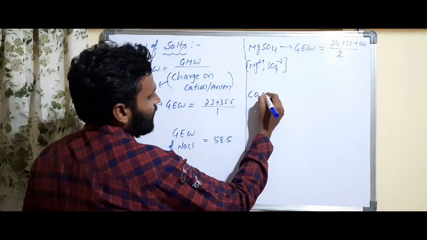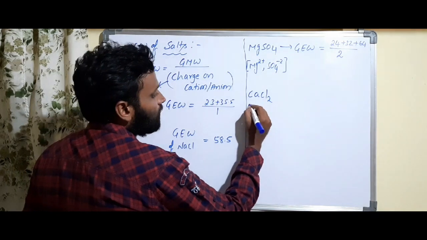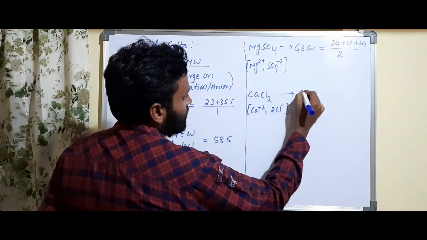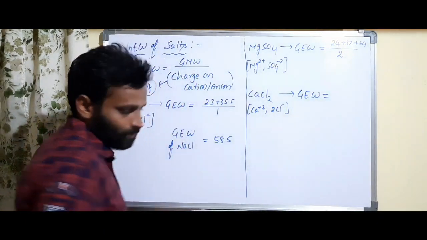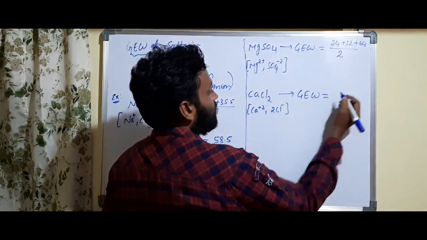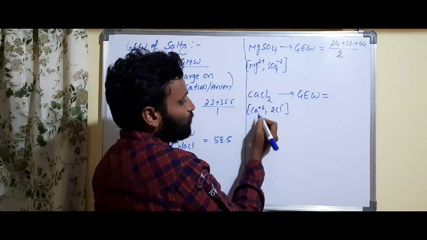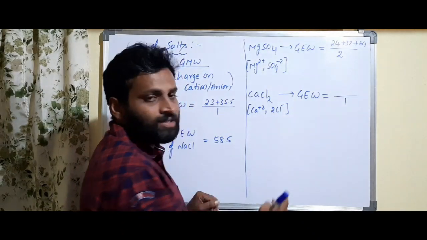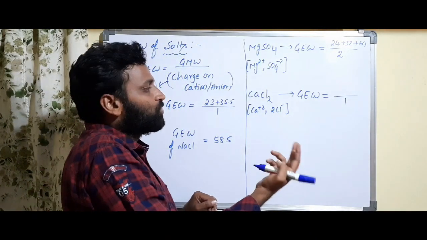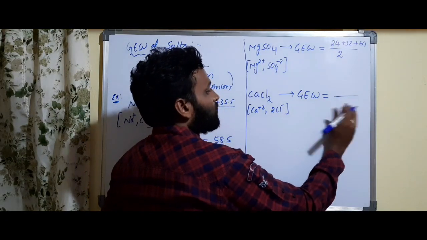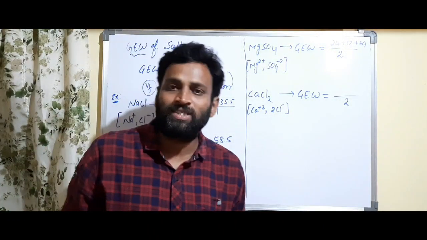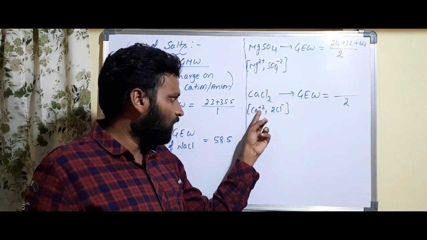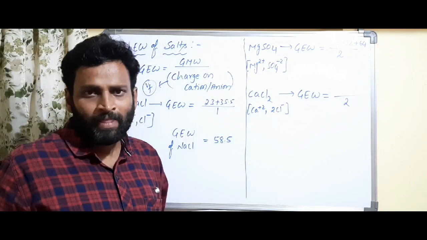Suppose calcium chloride is given. Calcium chloride means what, sir? Here you will have calcium plus 2 and 2 Cl minus. For this, the gram equivalent weight is equal to gram molecular weight by 2. Here minus 1 is there, so can I take just 1? No. Two chloride ions are there, so 1 chloride means minus 1, 2 chlorides means minus 2 is the charge, so 2. Otherwise, consider only the cation. Why confuse? The cation has a charge plus 2, so 2. That's it. Getting what I am saying?